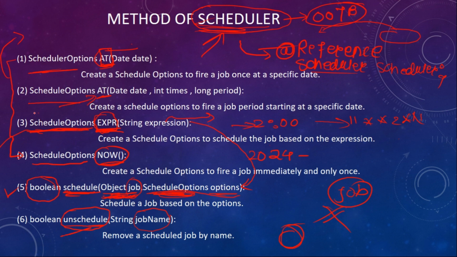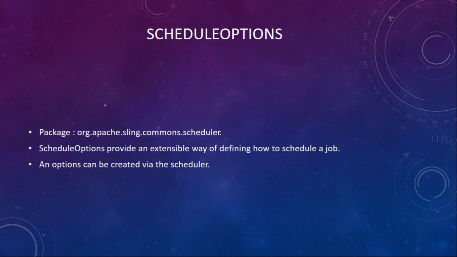We are continuously talking about this schedule option, but what is this schedule option? So firstly we'll discuss where it is present. It's present inside your OSGi Apache Sling common scheduler. So this is the API for your scheduler and your scheduler options. Got it? So here we have a scheduler option, which provides an extensible way of defining how the scheduler